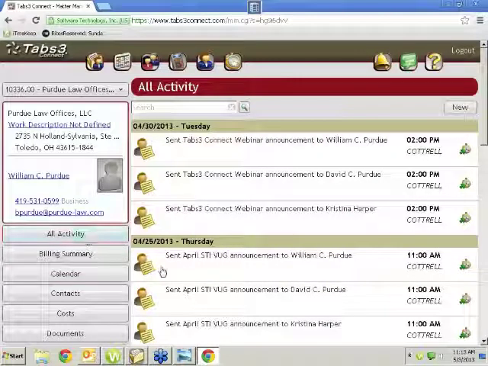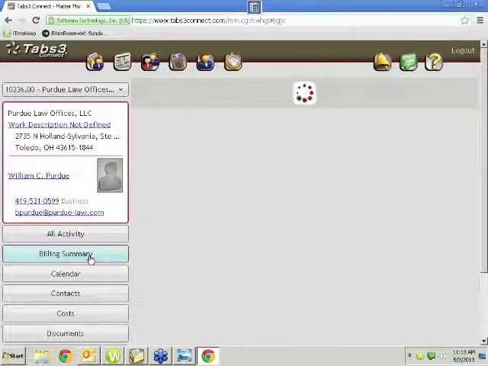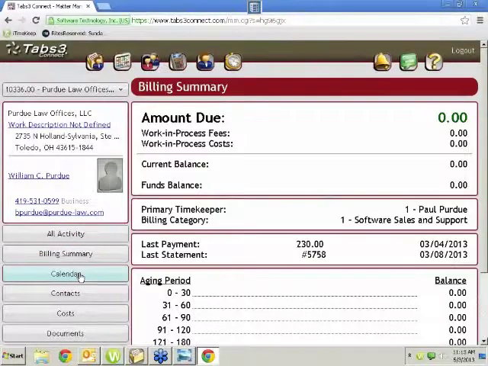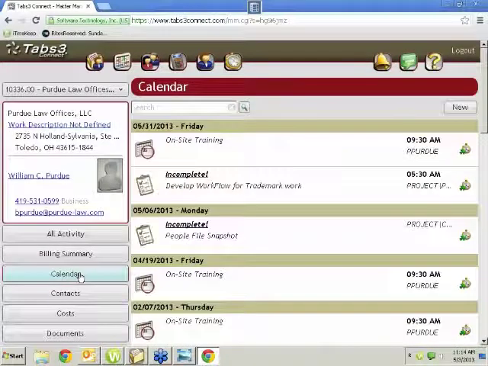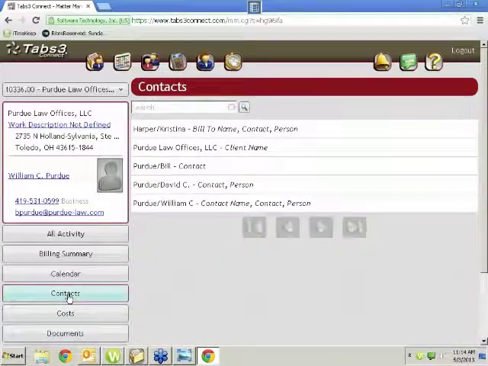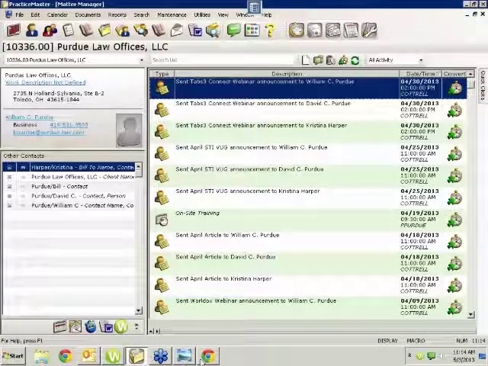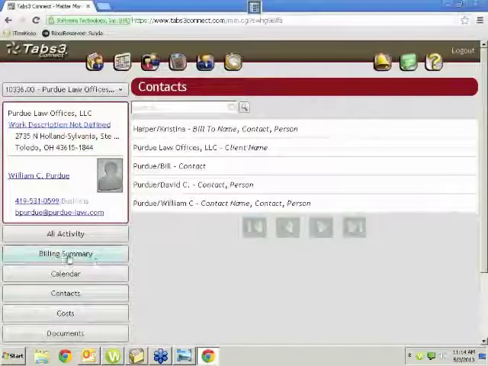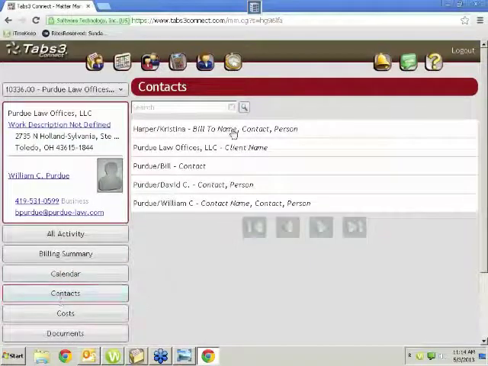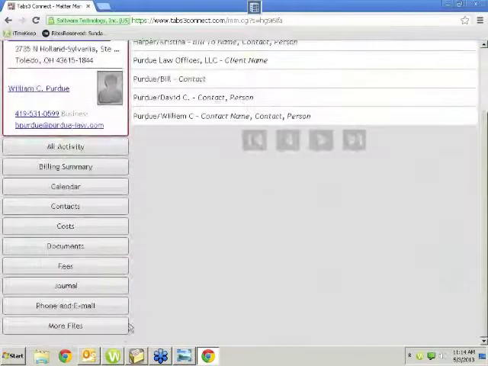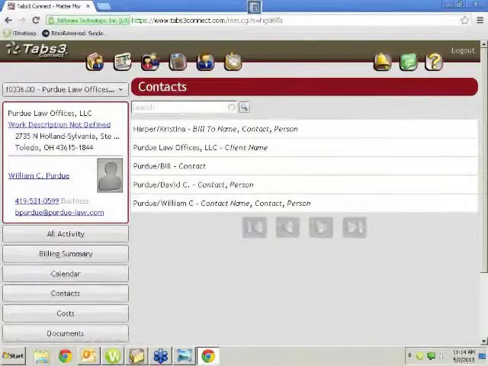Here's all activity, which is what we were looking at. Here's the billing summary. Here's the calendar. Here's contacts. Same sorts of things you have over here in the desktop version, just different orientation. In other words, different buttons instead of a drop-down like you had in the desktop version. You can scroll off the screen and see things like other files, phone and email, journal fees, all that stuff. If we go here then, this is the calendar,